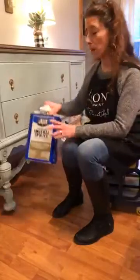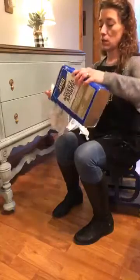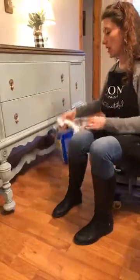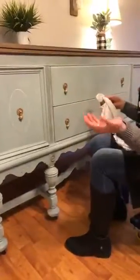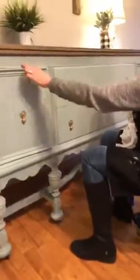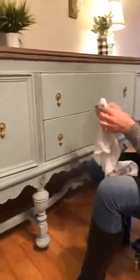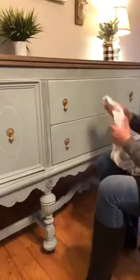because there's a lot of people that want to redo their piece in Fusion now instead of using chalk paint, because you don't need to seal Fusion, and that's a great thing. We use wax on stuff really just for decorative purposes. So here's where I waxed. I took some off over here, so I had this all done. But I thought it would be a neat little video just to show you how easy it is to